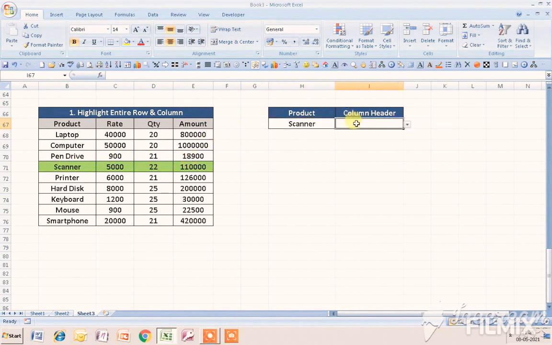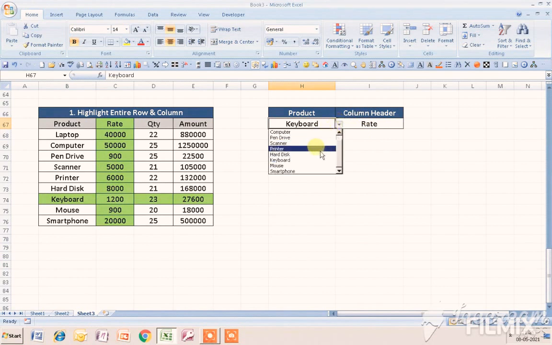And if I select any header from this drop down list, then that particular column will be highlighted automatically at the same time. If I change the product, then you can see the keyboard gets highlighted.